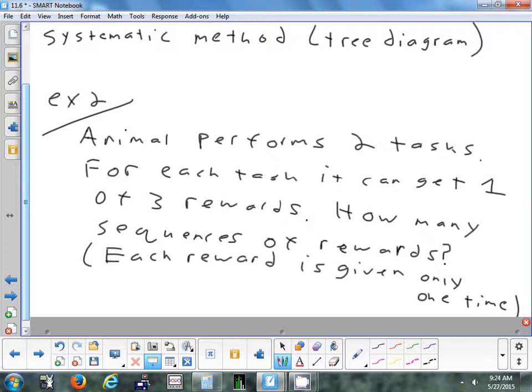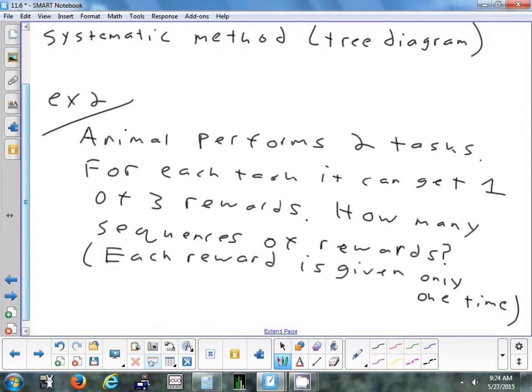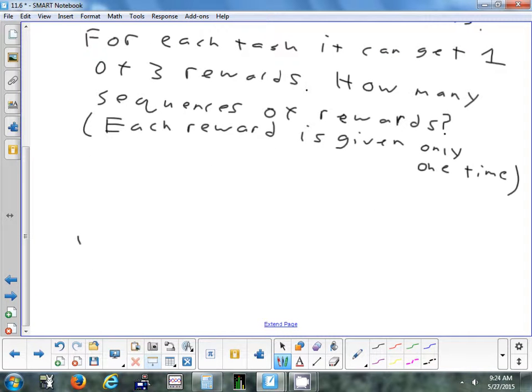And now they've said something kind of important at the bottom. Each reward can only be given 1 time. So once you pick that reward, if they get that reward for doing the first task, they cannot get that reward again for the second task. That reward is gone now. All right, so let's start with